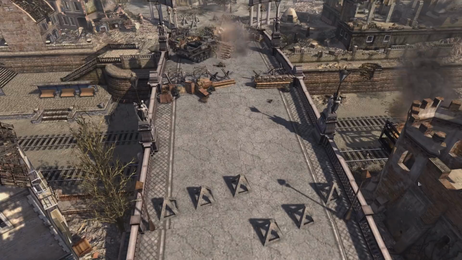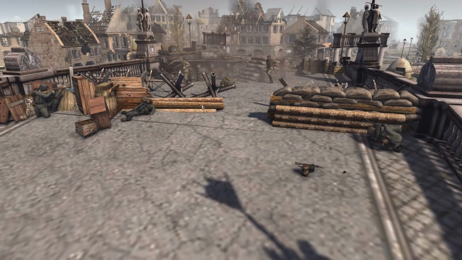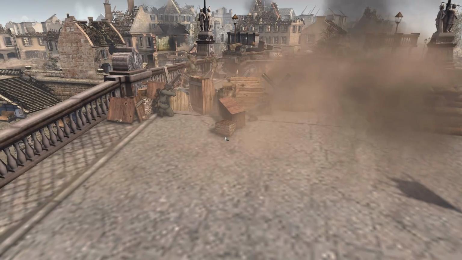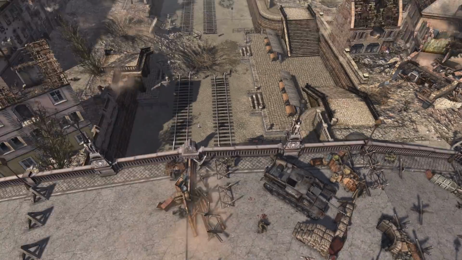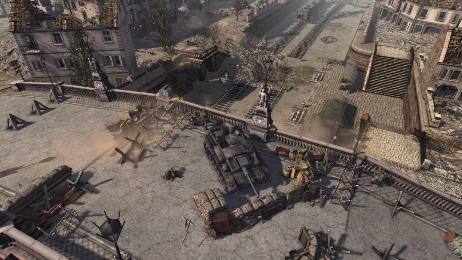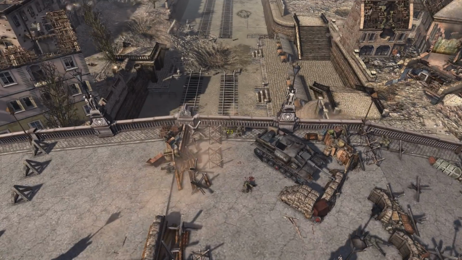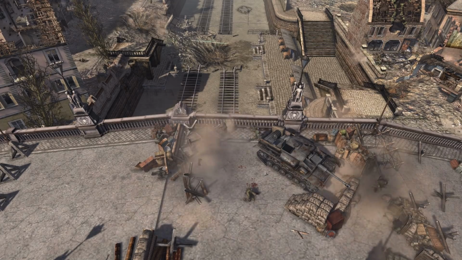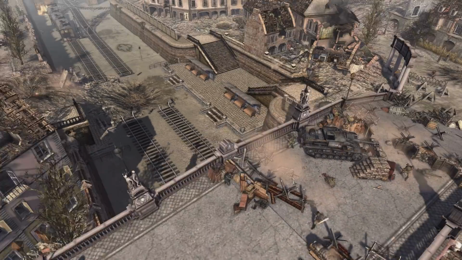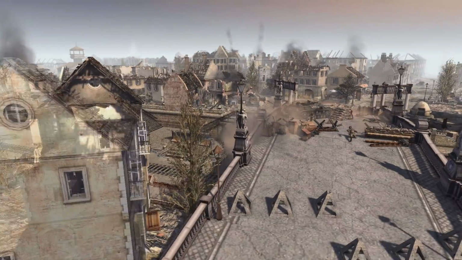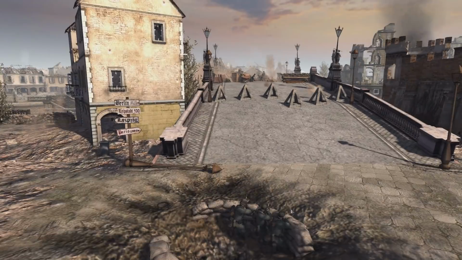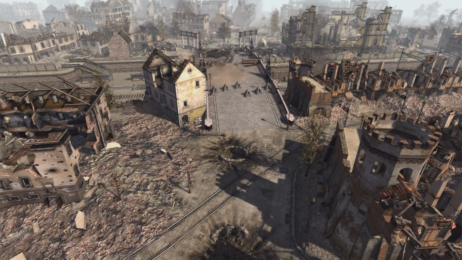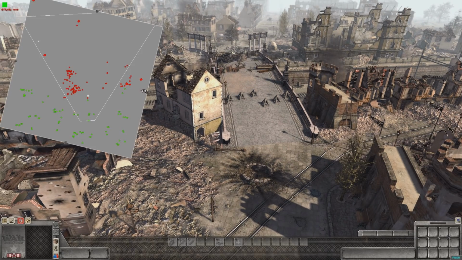Russian infantry's coming up on the bridge. More German infantry down below is ready to receive the Russian infantry.